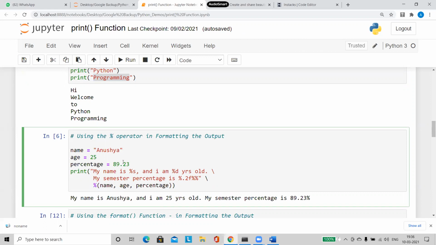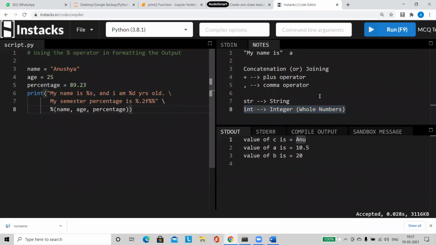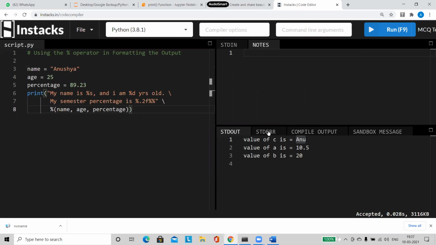Always remember, formatting the output means the way in which you want to display the output. So here, this is another way. Let us try to understand how this is going to work for us. I will take all these things out.